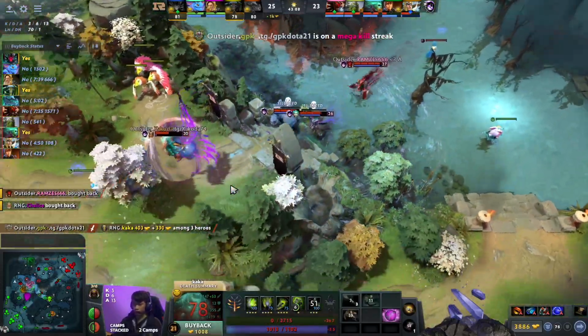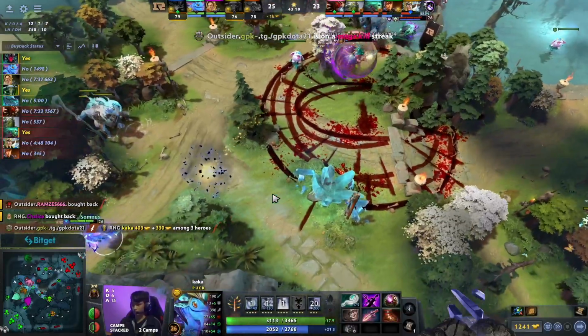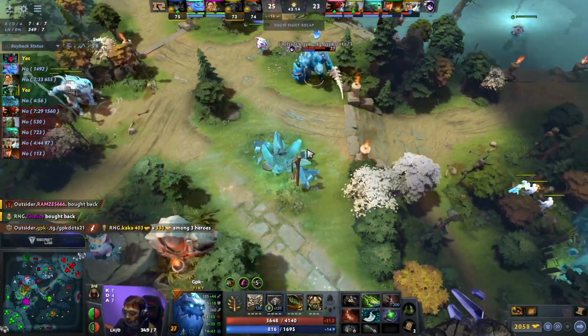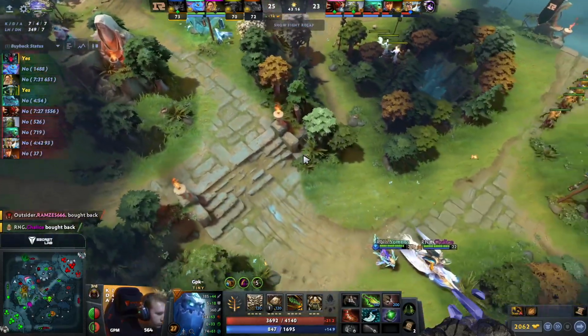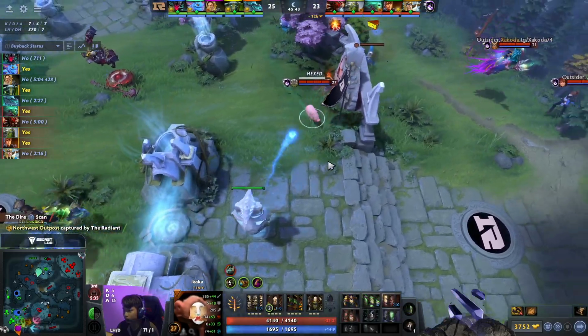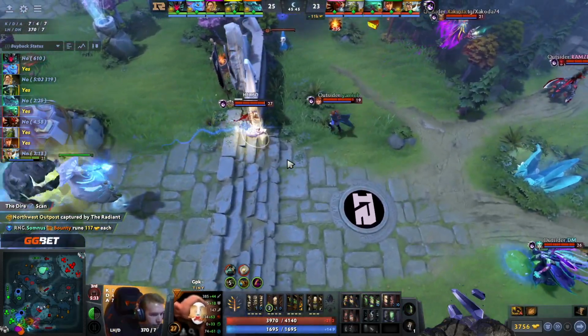And that is another death on RNG, which means Outsiders should be able to snag themselves this Aghanim Scepter and third Roche. Of course, Somnus is still up, and getting this Aegis and Eggs is more than worth it. Considering selling the MKB for a Satanic or something like that? No, like...